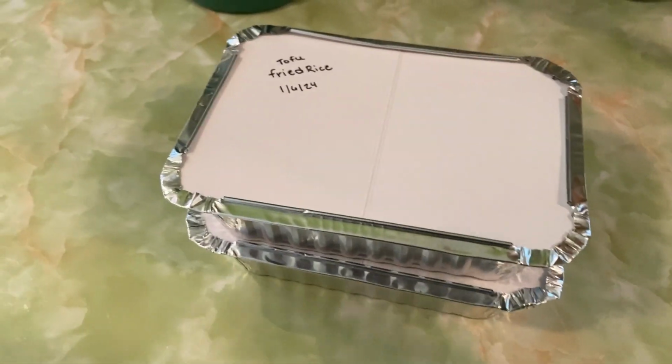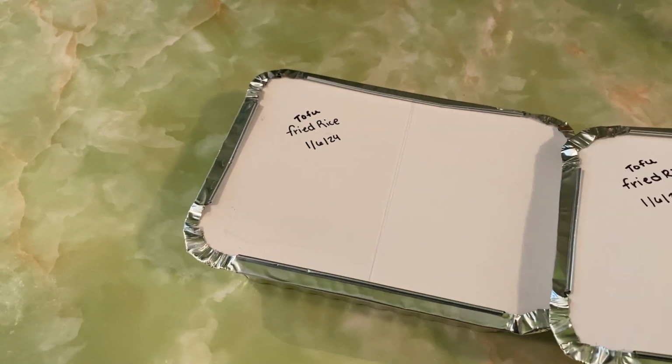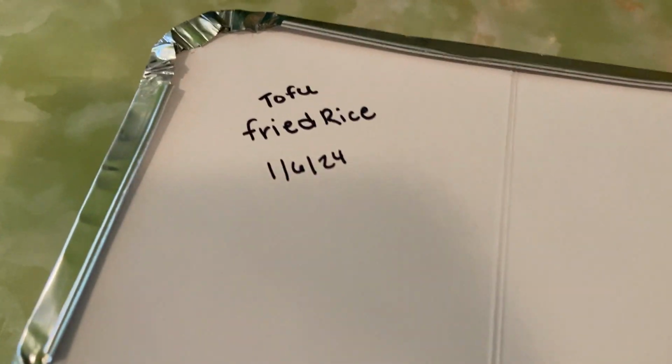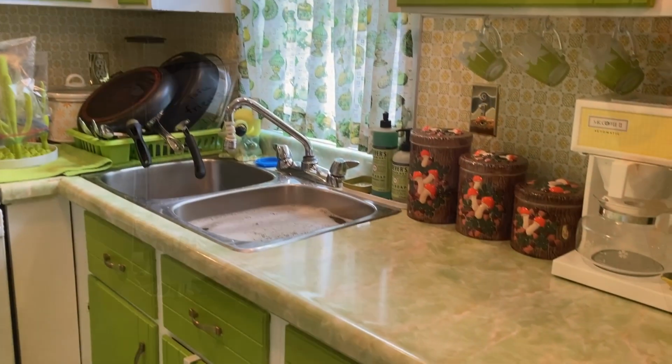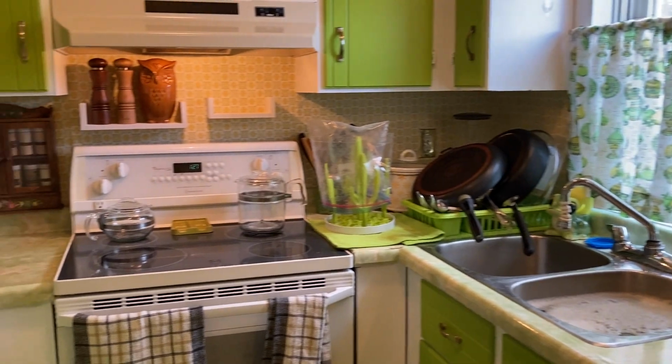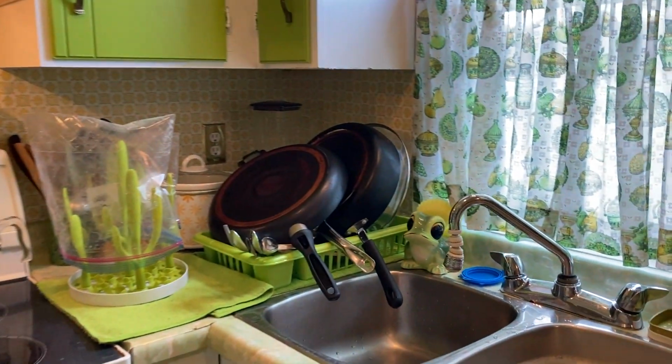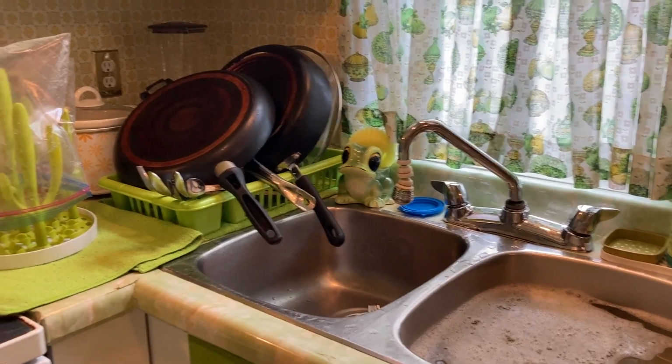So we had that, and then I made a big batch of rice so that I could freeze some in these containers for another time. That way I'd have an easy, already made homemade fried rice ready to go. Just have to thaw it out. And then I got the kitchen all cleaned, which always feels like the best feeling,